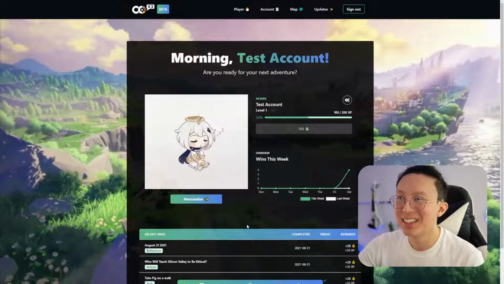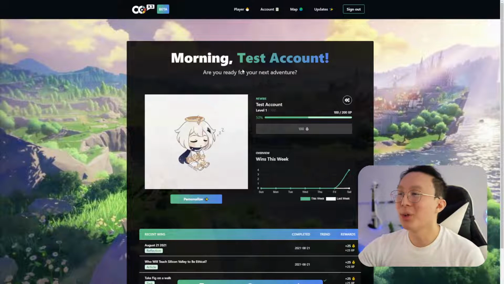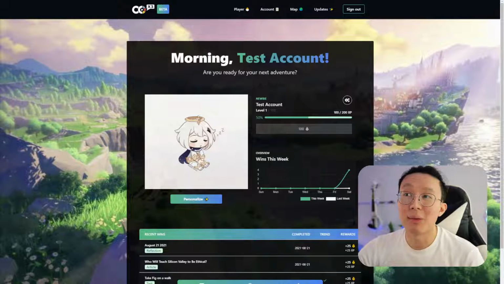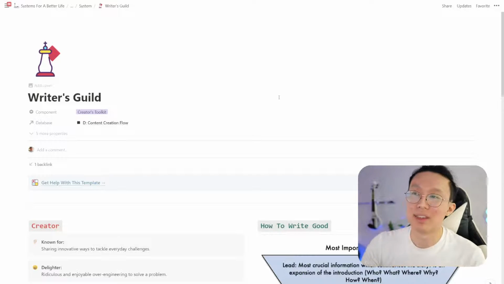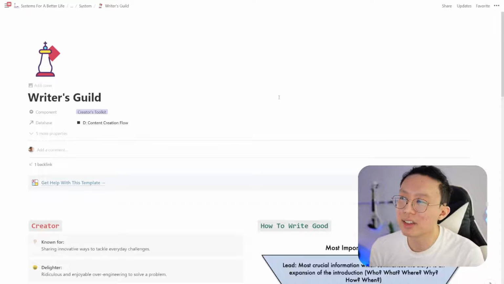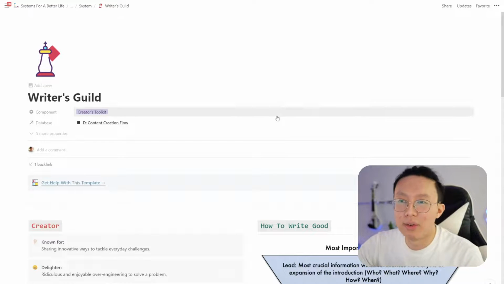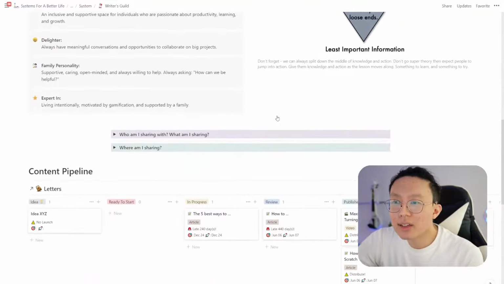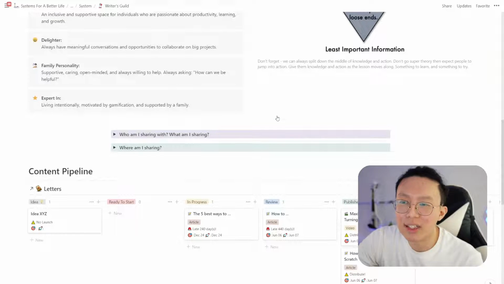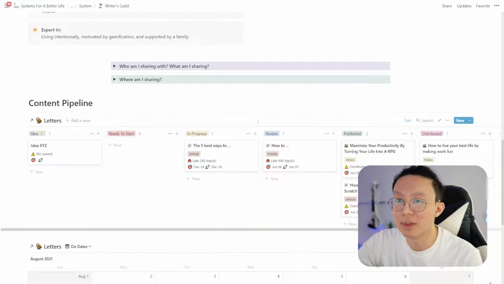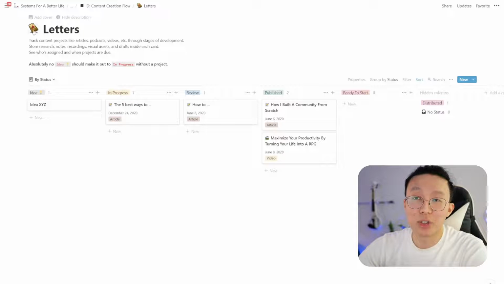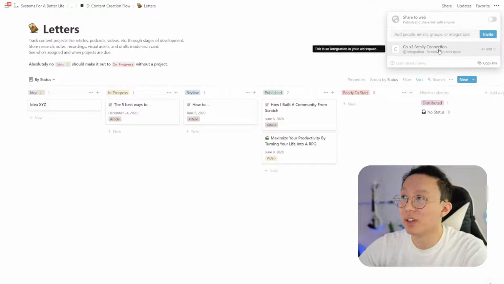Simple as that. Awesome. Let's go through 1 or 2 more examples, this time from our templates, from the CoX3 family templates in the toolbox. We have a writer's template, right? We have a content creation flow. And traditionally, this has never been gamified, but I want to show you how this can be gamified very easily. Again, don't make the same mistake I did. Find the database, right? Just make sure on the original database, make sure you've shared the integration, make sure that you've copied the right link here.